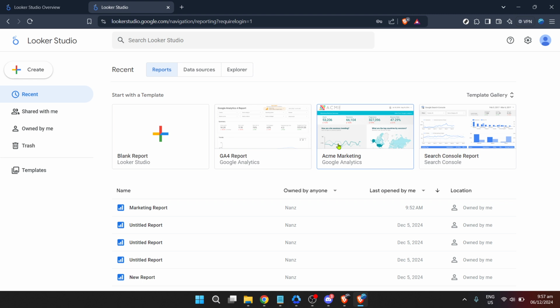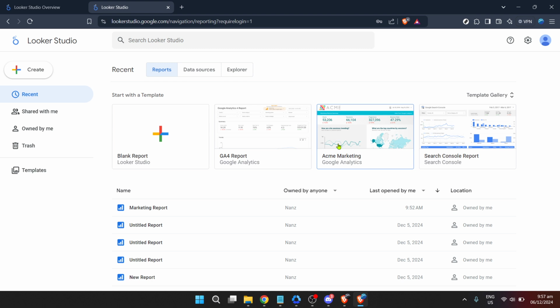The Looker Studio interface is designed to be intuitive, empowering users to start creating and exploring data visualizations with ease. Whether you're a seasoned data analyst or a curious novice, Looker Studio offers a spectrum of tools to cater to every level of expertise. Before you dive deep into creating your first report or dashboard, there are a few navigational